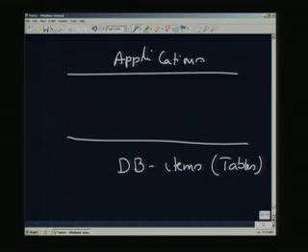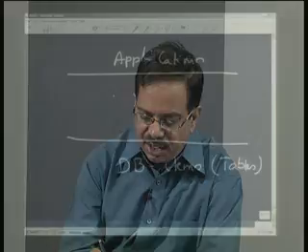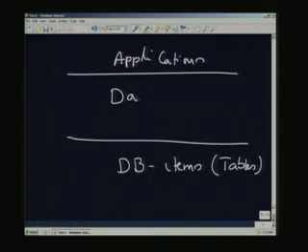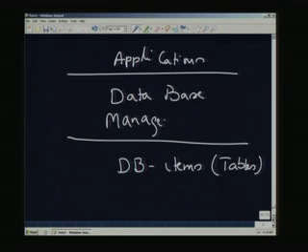Now, all the properties and algorithms that we are talking about come in the tier which sits between the applications and the database tables, and this is what we mean by the database management system. Now, in this case the DBMS has various other things. This has to ensure, among other things,